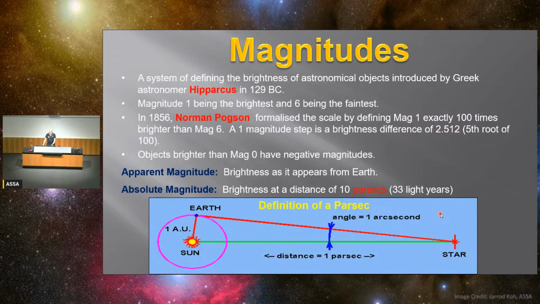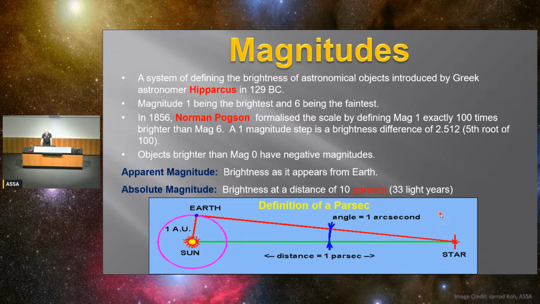Now we'll talk about the magnitude system. This is a system of defining the brightness of astronomical objects. It was introduced by the Greek astronomer Hipparchus in 129 BC. He said that a magnitude 1 object is the brightest he could see, and a magnitude 6 was the faintest he could see. It wasn't until 1856 that Norman Pogson formalised the scale and put it on a mathematical basis. So he defined a magnitude 1 object